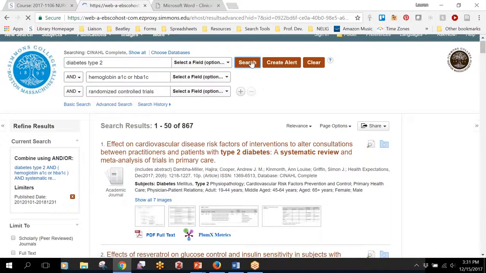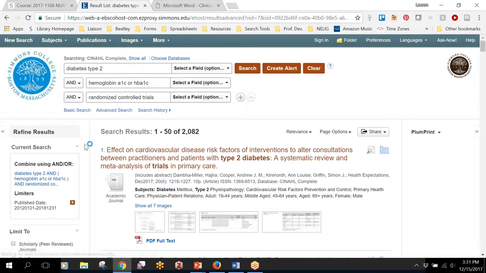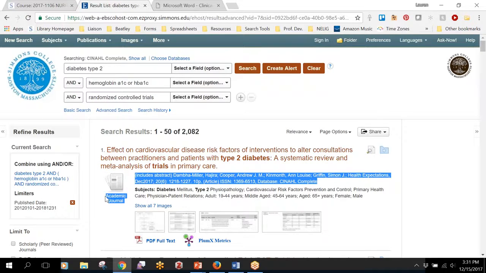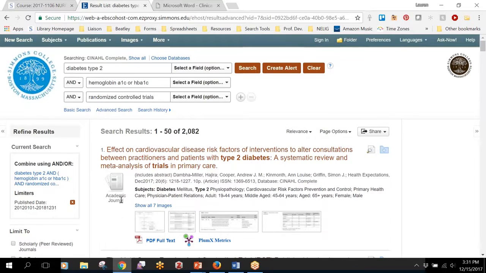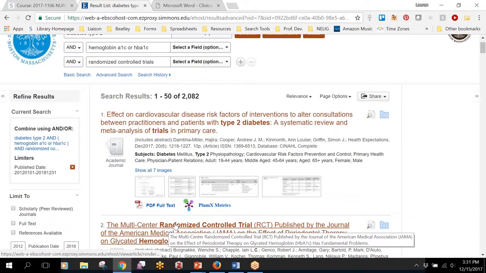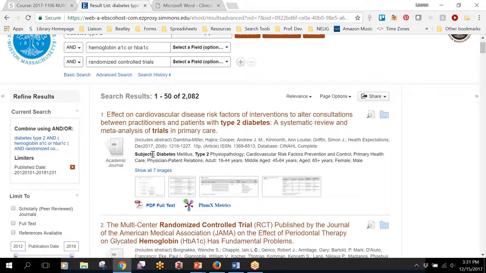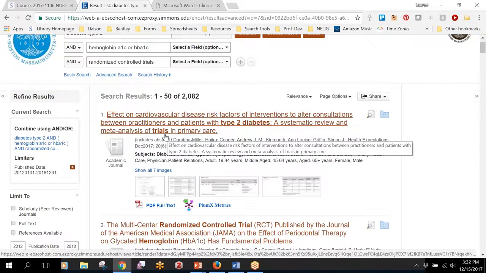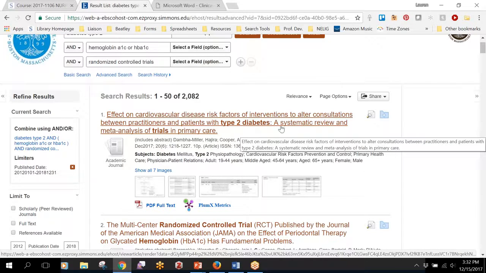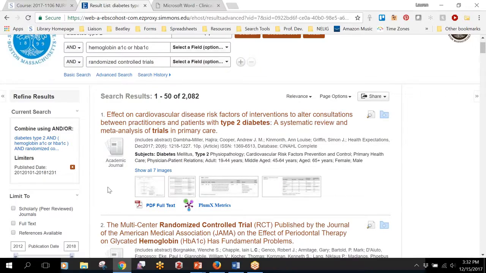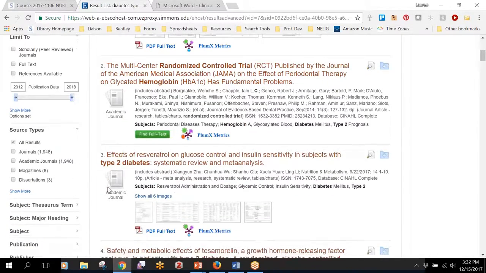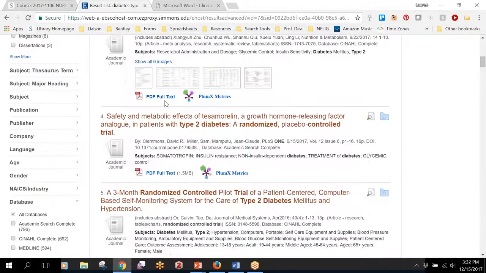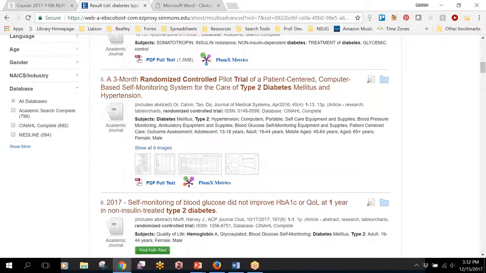You can hit search to rerun the search with RCTs. And then you'll see that not everything that comes up is going to be a randomized controlled trial, but again, they tend to say RCTs somewhere in the title. So the very first one is a good example of why you shouldn't just assume that everything that comes in is going to be an RCT, because this one is actually a systematic review of trials. But you can see this one is a randomized controlled trial. This one's a randomized controlled trial. So again, you can look through and try to find something that looks like it's going to be relevant for